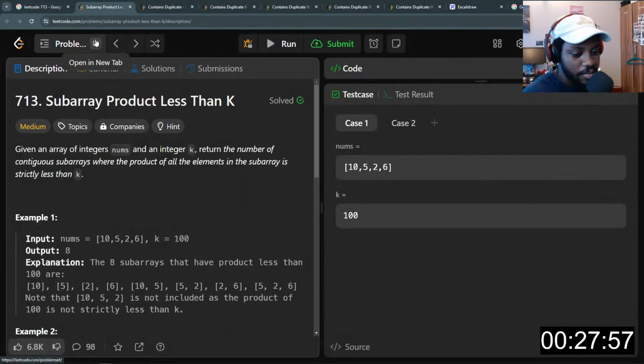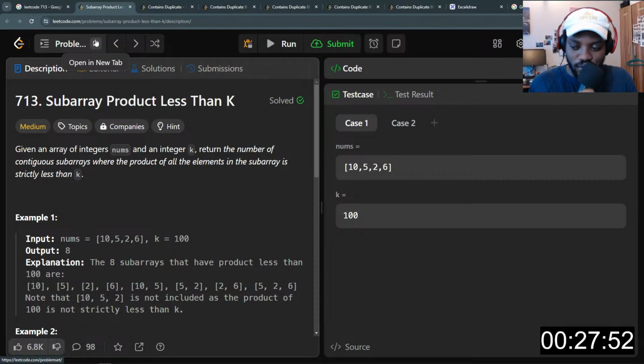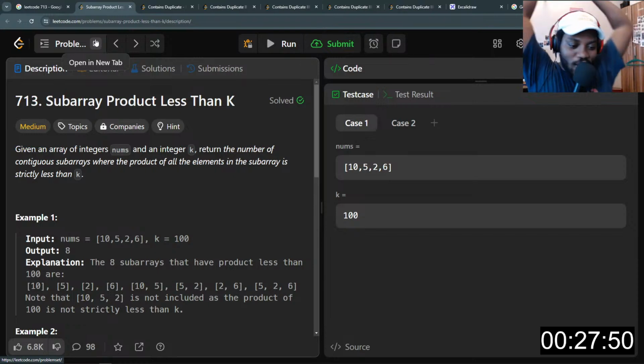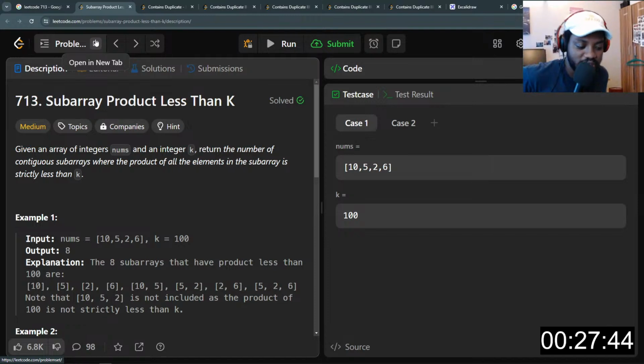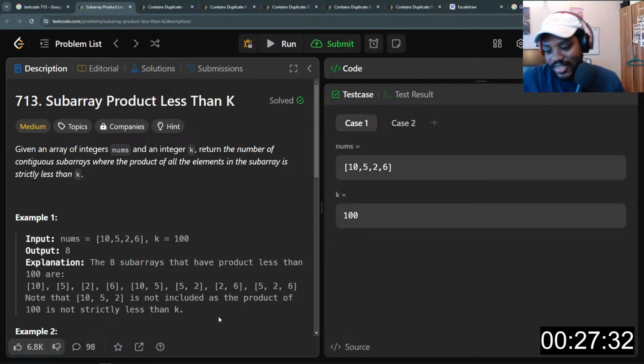Let's solve another. I was actually planning to do sliding window questions today, and somehow I found myself only doing some part of the things that I have planned. So let me solve one more sliding window question, then we can call it a day.